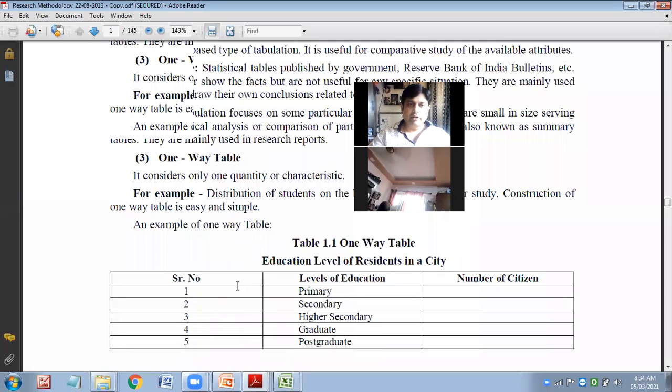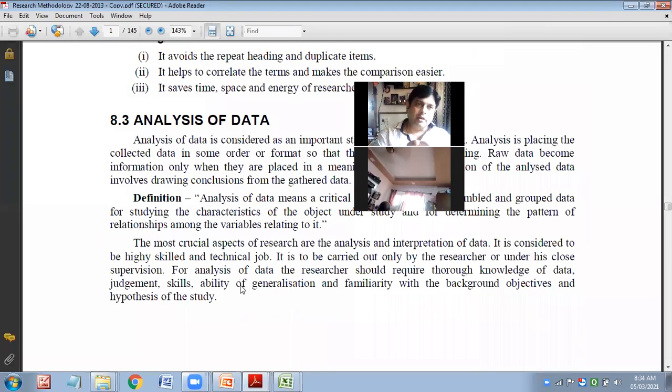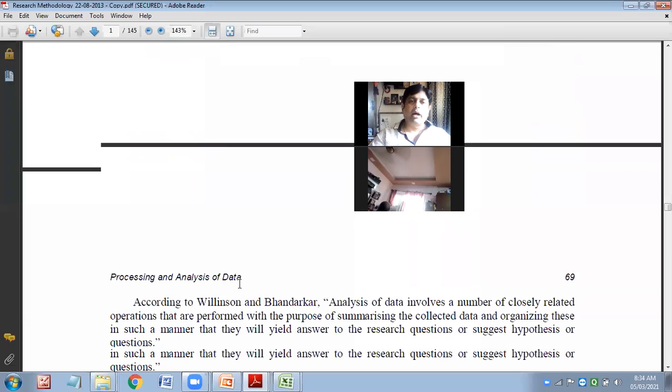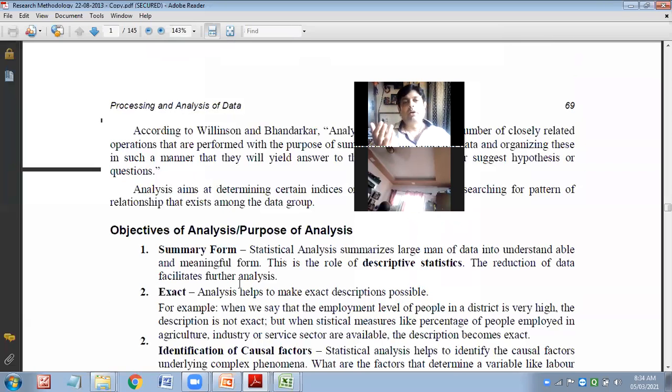And then finally, once we collect the data, then analysis part will come. After the data will give you some outcome. वो डेटा को या तो ग्राफिकल प्रेजेंट करो या टेबुलर प्रेजेंट करो या मैथमेटिकली प्रेजेंट करो या स्टैटिस्टिकली प्रेजेंट करोगे, then there will be some outcome. Those outcome will give you and make you understand that which kind of analysis you can do.